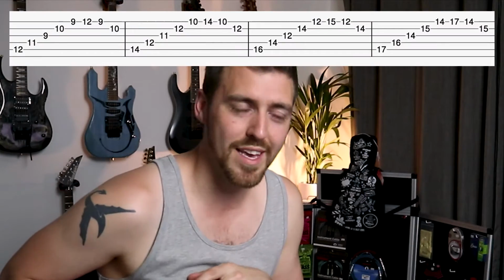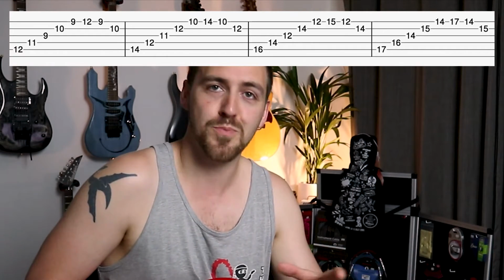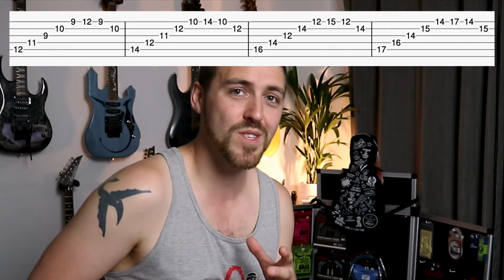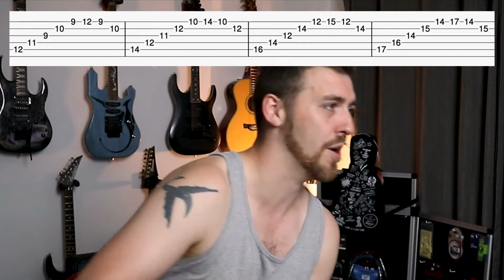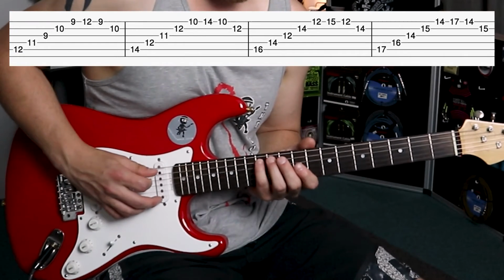So this is the exercise. Throw the tab up on the screen now. You can now pause here if you need to revise this and work on it. I'll give you a second now to pause the video. But once you've got this, we're going to kick in now at 80 BPM with a metronome. So let's go. 1, 2, 3, and...